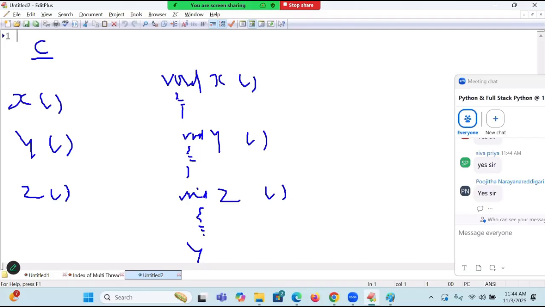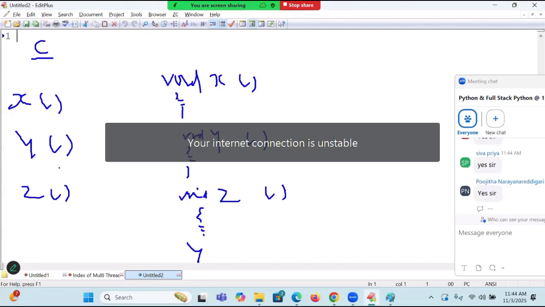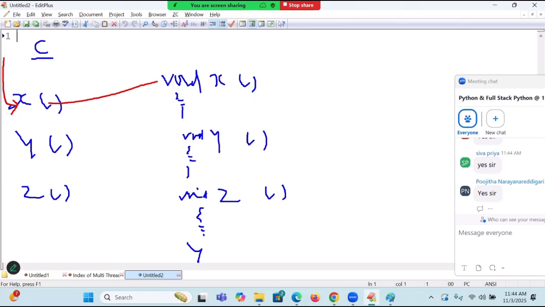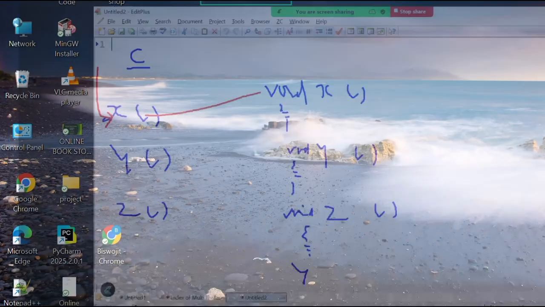Once your C program execution starts, do you know what is happening? One thread is executing my functions one by one. A single thread is executing all my functions at a time. This is known as what? C++ languages are